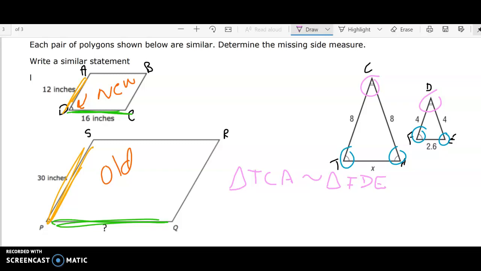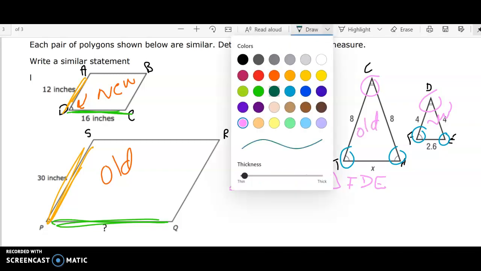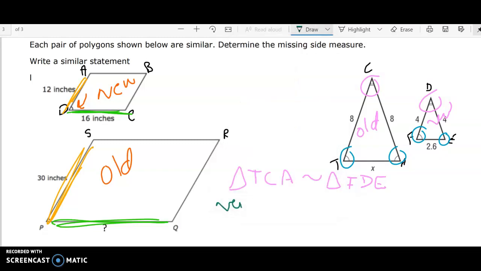Okay, so this is new, and this is old. And remember that we are going to set up new over old to equal new over old. So I'm going to put 4 is to 8 as